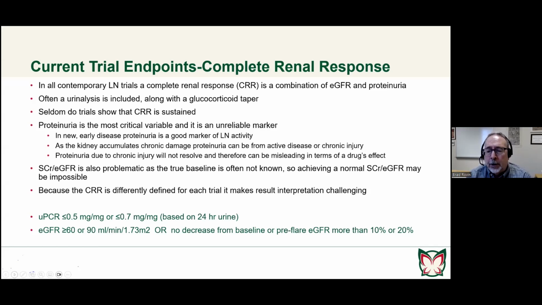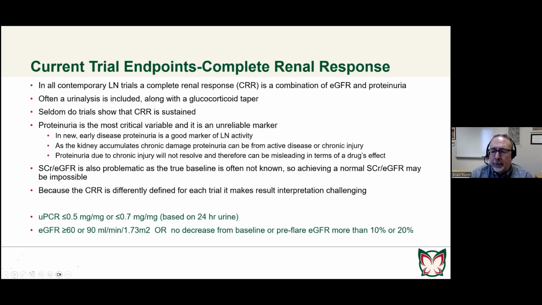Now, when you look at all the variables of the complete renal response, it turns out that proteinuria is the absolute most critical variable, and unfortunately, it's an unreliable marker. In new or early disease, lupus nephritis, proteinuria is a pretty good biomarker of lupus nephritis activity. However, as the kidney accumulates chronic damage, which really starts to occur at the very first episode of lupus nephritis,